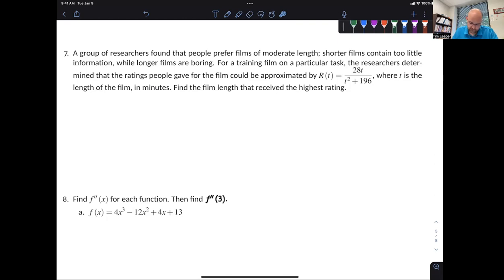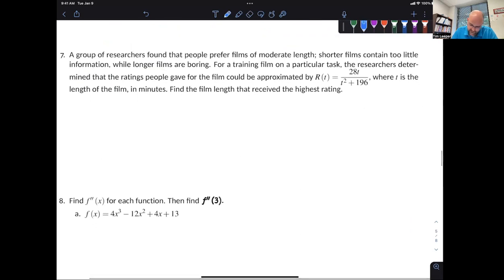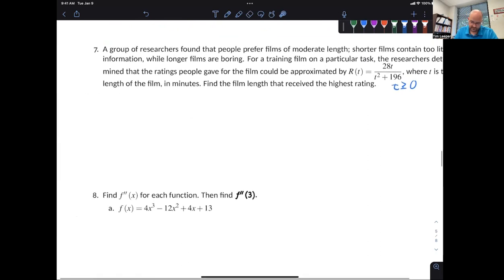Okay, so to do this, we just want to find basically what's the absolute maximum here. Now, technically, there's an understood domain here of t is greater than or equal to 0, because there's no such thing as a negative time length here. So to find the derivative,